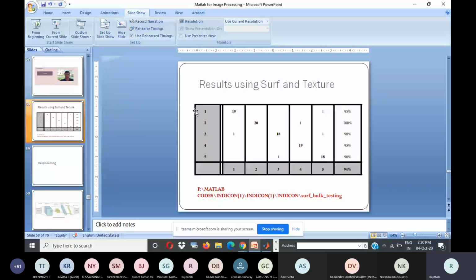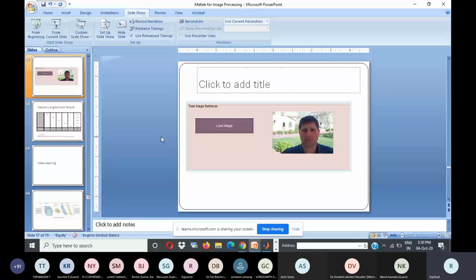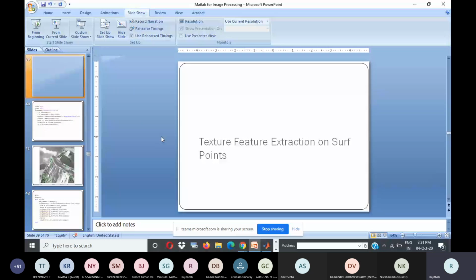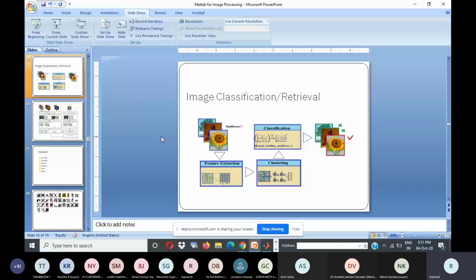The basic steps: get your image, get the data, get the features through any model, whatever you know. Once the features are ready, represent them in a proper format. Here I have used bag of words. Once the bag of words is constructed, apply any SVM technique.